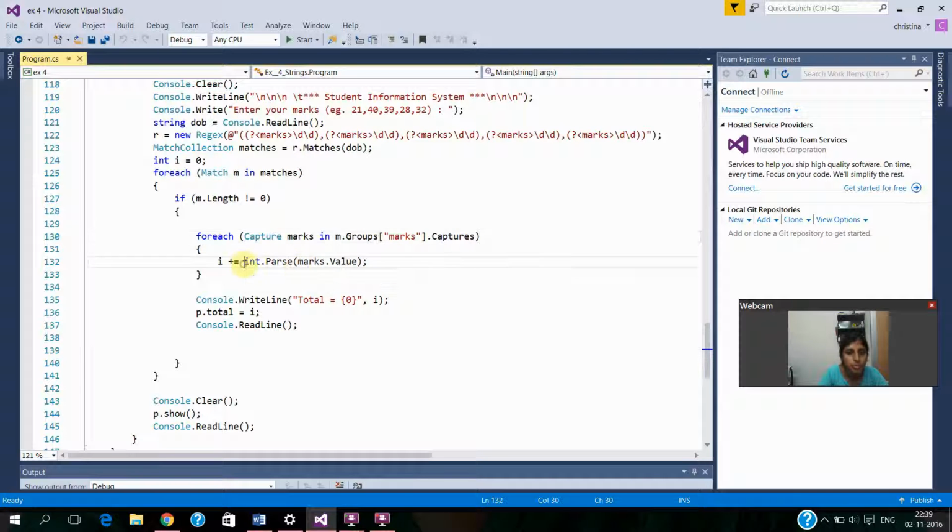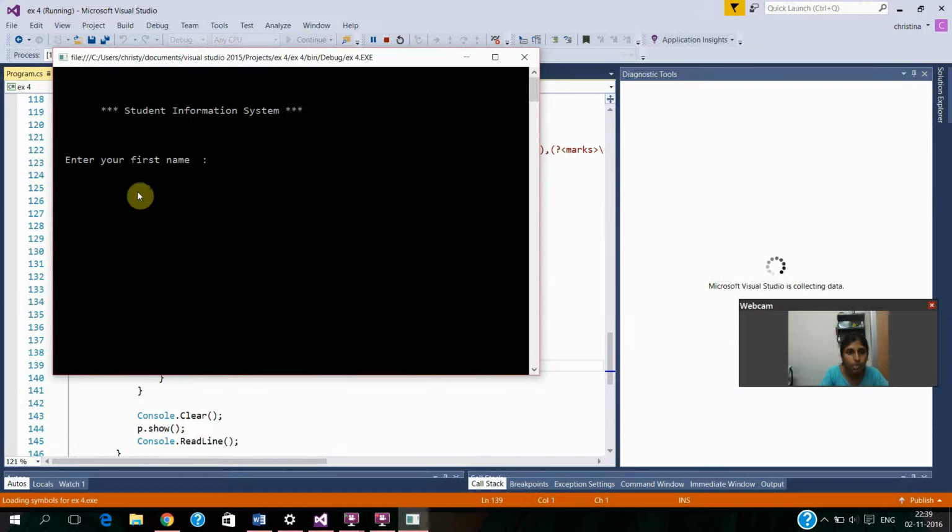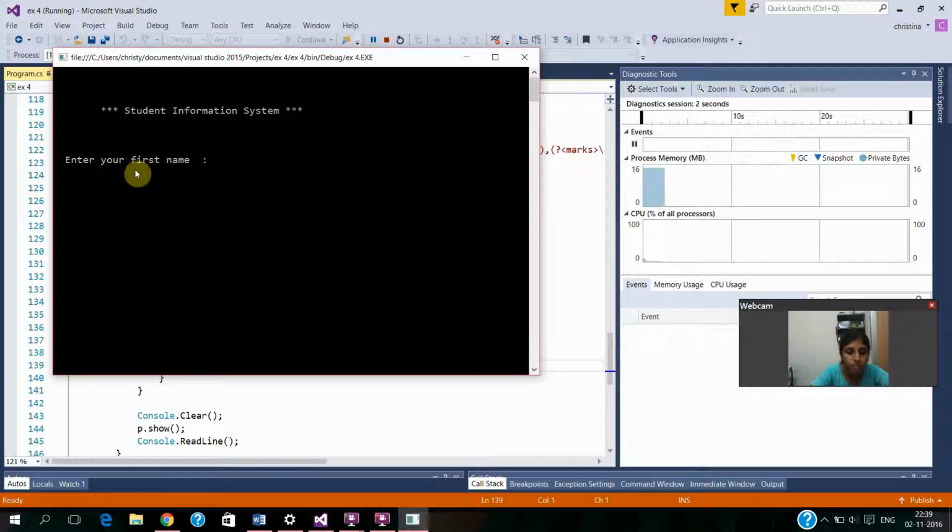So here int.Parse means the number should be given as an integer, so there we use int.Parse, and after giving all the values it will display the total. It will sum up and give the total. And so when we execute this, we get a screen like this where we have to